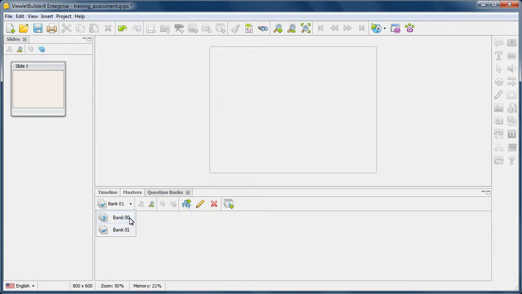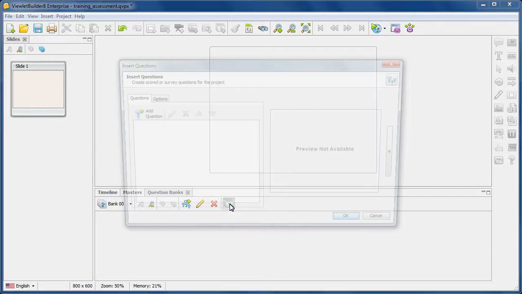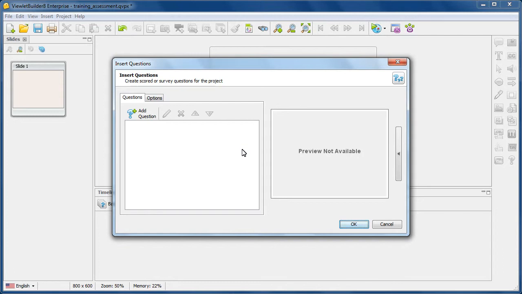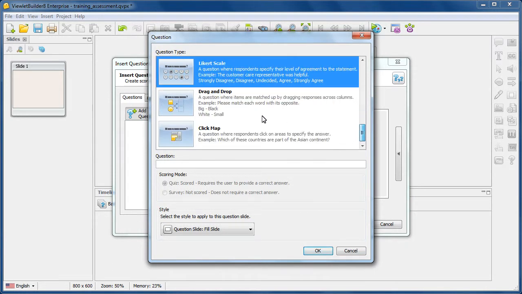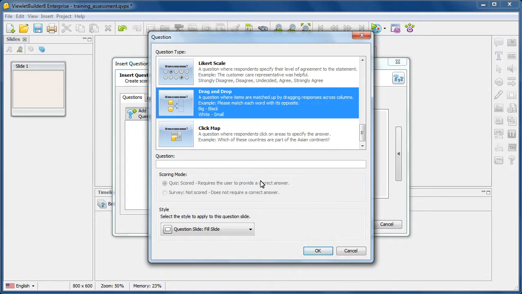Now, the next thing we need to do is populate our question banks with question slides. To do this, select the bank you want to work with, and then click the Insert Question Slides button to open up the dialog to insert your questions. And then simply add your questions. So for this one, we're going to choose maybe drag drop, and we'll say drag the image over... Keep in mind the scoring mode is determined by the bank, so we won't be able to change